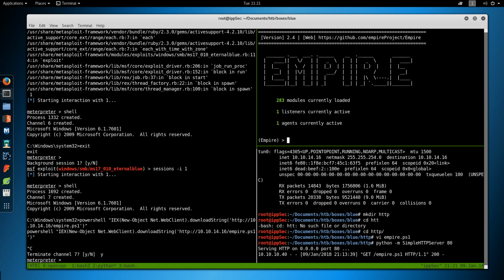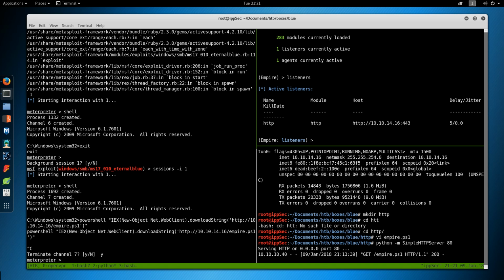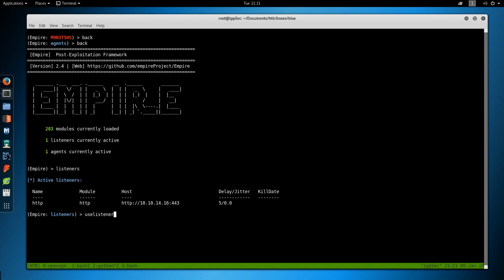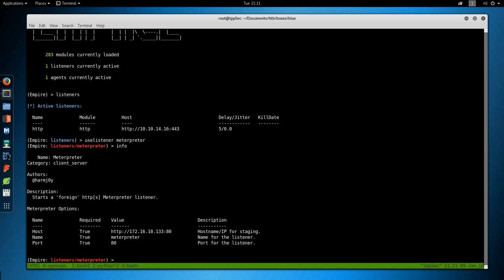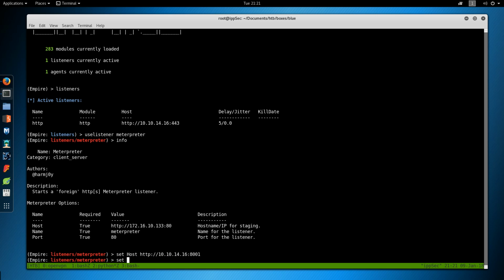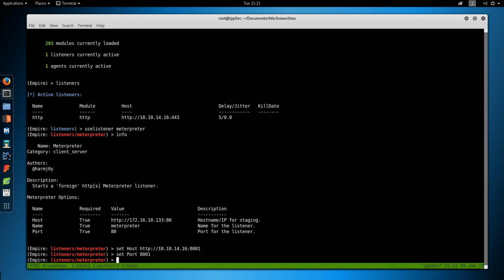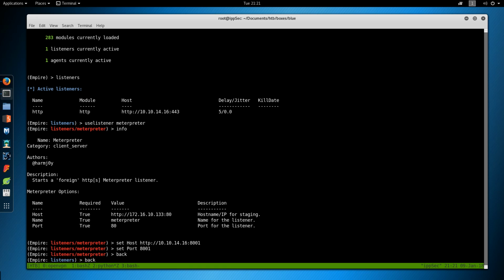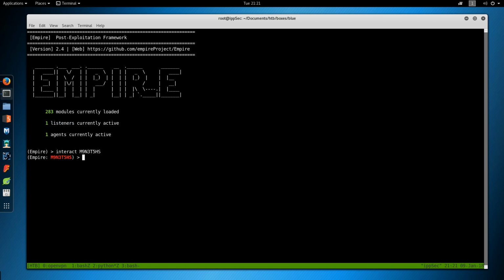So we can go back to our Listeners tab, and do use listener, interpreter. I think that's it. Info, set host to be HTTP 10.10.14.16, not 172. We'll say port 8001. Set port 8001. And what we should be able to do is go back, interact,